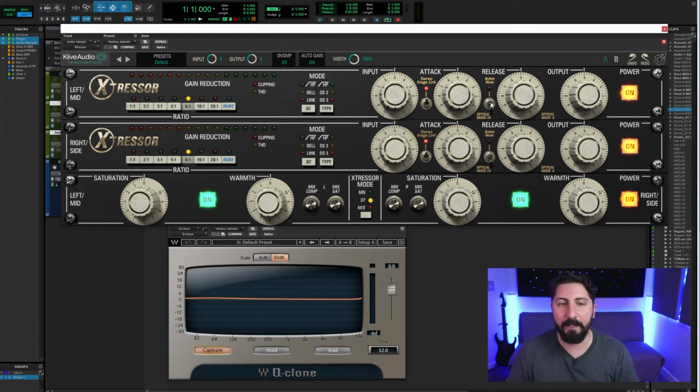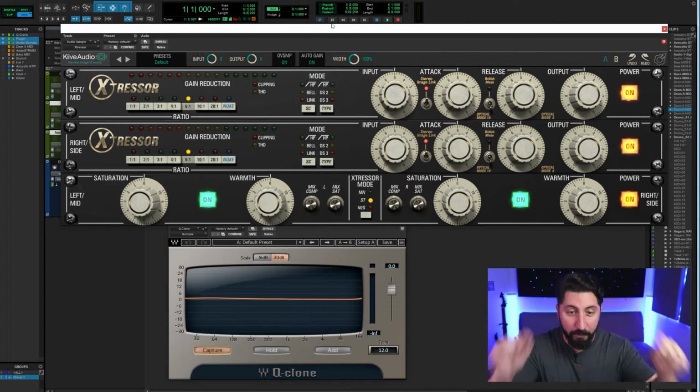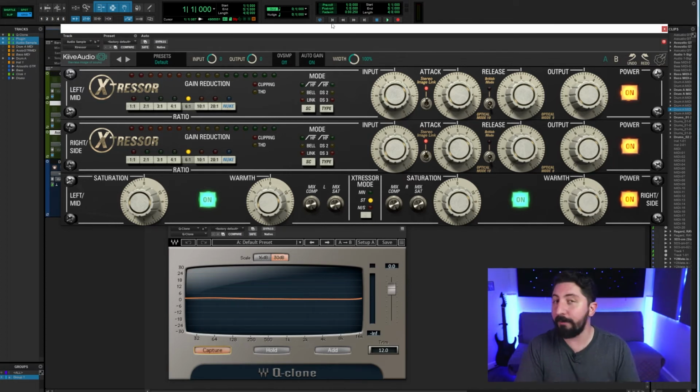So just keep that in mind. All right, now let's go ahead and look at the bottom section of this plugin. So we have finally made it to the bottom section of the Xtressor here. Now, I do have to say, this is where the hardware unit, the Distressor, starts to differ from the plugin